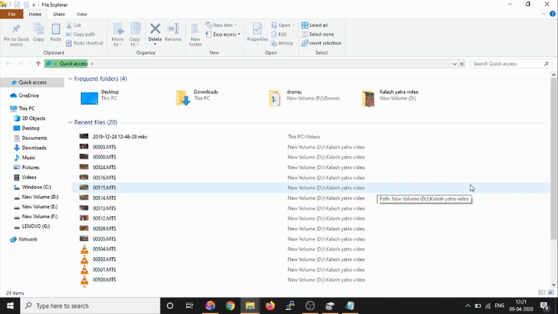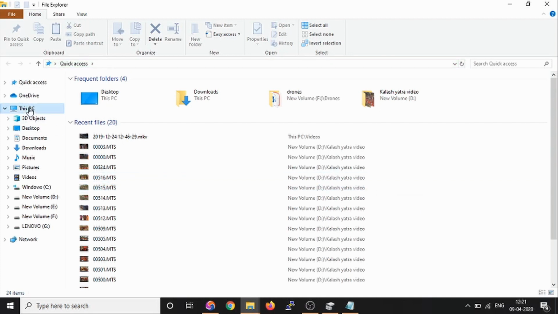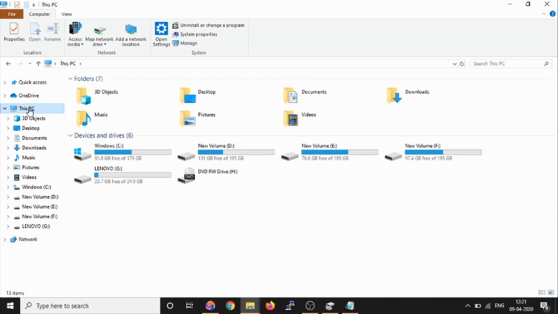Alright, since it has safely ejected, we can simply plug it out and plug it back in. After plugging it back in, you will see a boot folder.